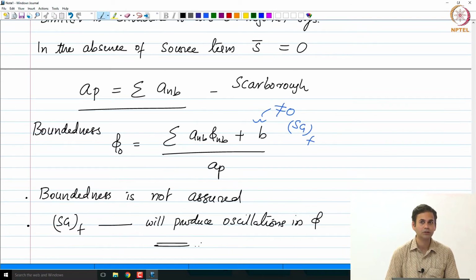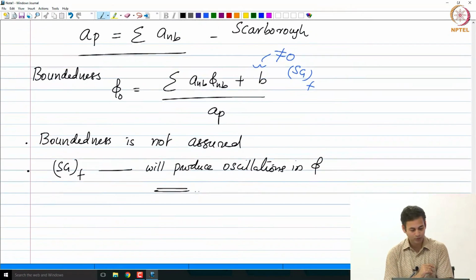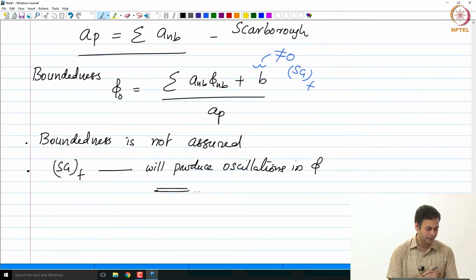Other questions? So, it emphasizes the need for a good mesh to start with. If we had an orthogonal mesh, let us say a Cartesian mesh, then you would have got a beautiful result which satisfies the physics. Okay, so in this context boundedness is not guaranteed, but the Scarborough criterion is satisfied. Fine. Then one more thing that remains is looking at the boundary conditions in the context of non-orthogonal